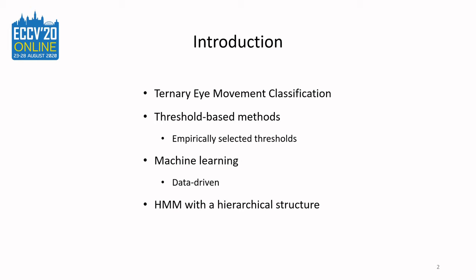Different from the existing work, we propose a statistical hierarchical hidden Markov model for detecting fixations, saccades, and smooth pursuits. The proposed algorithm leverages different features from the recorded raw eye tracking data with a hierarchical classification strategy, separating one type of eye movement each time. Our objective is to improve the robustness and performance of the threshold-based methods and even compete with more recent machine learning-based state-of-the-art methods.